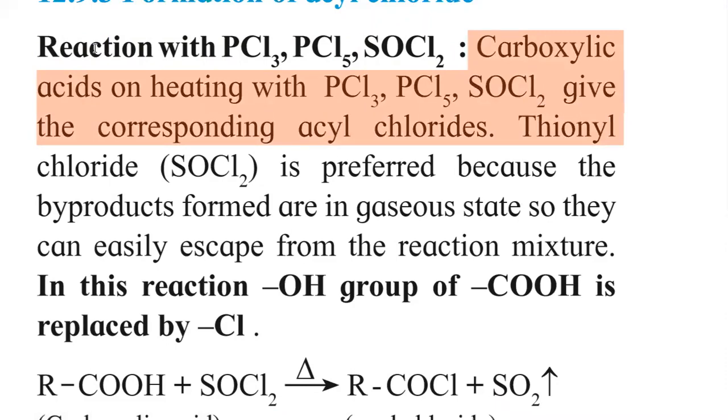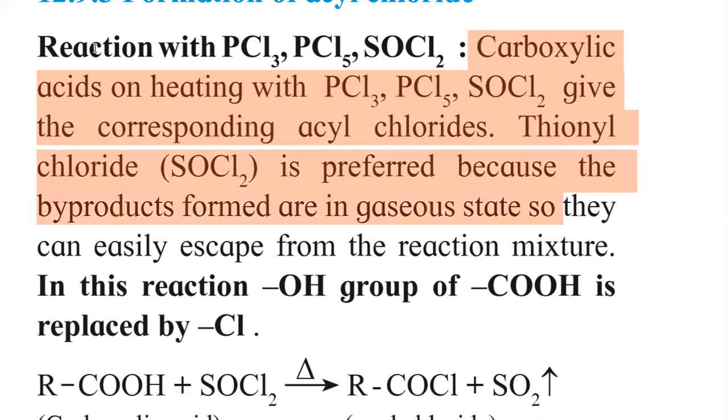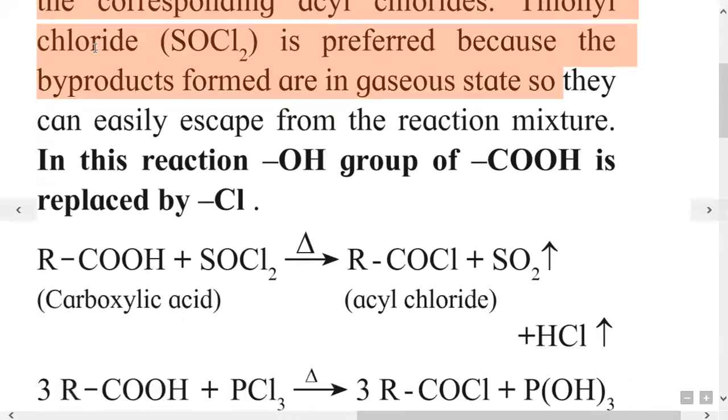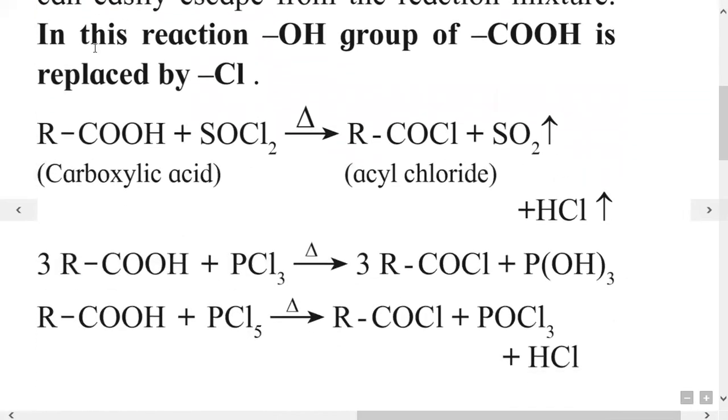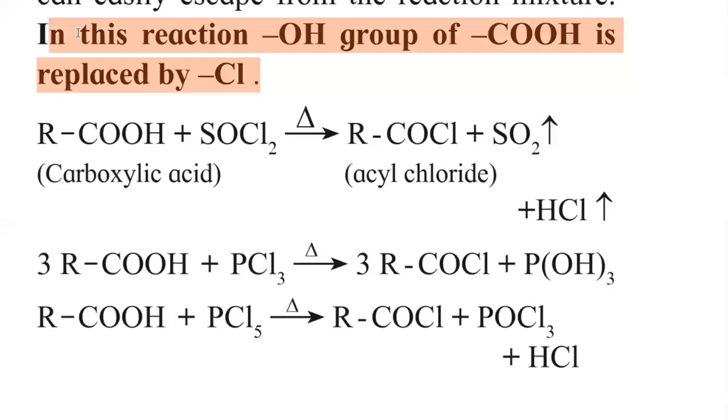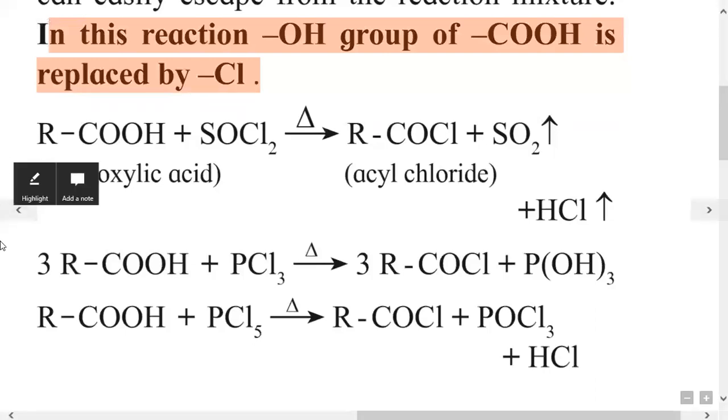Thionyl chloride is preferred out of PCl3, PCl5 and SOCl2 because the side products during this reaction are gases, and therefore they escape easily, and it is easy to separate the acyl chloride. So in this reaction, the OH group of carboxylic acid is replaced by Cl. The equations are: